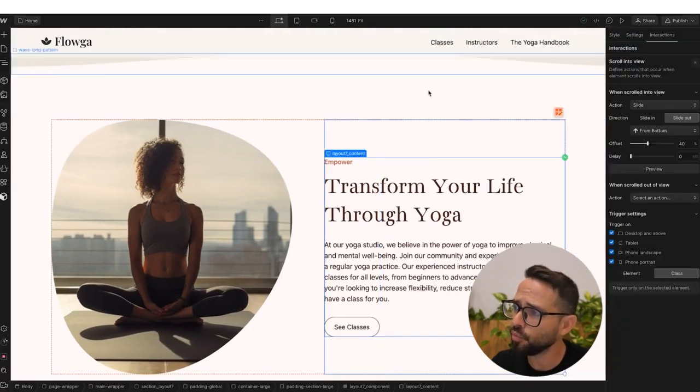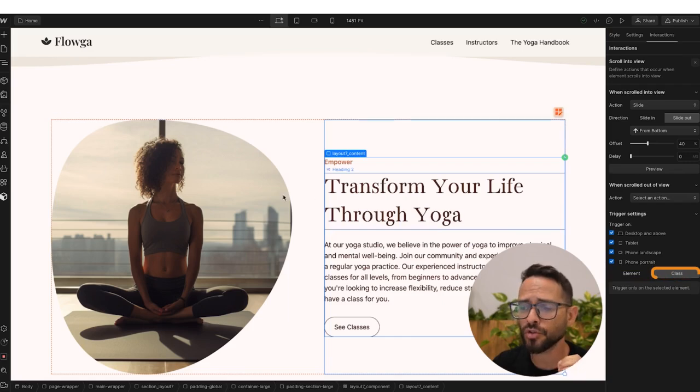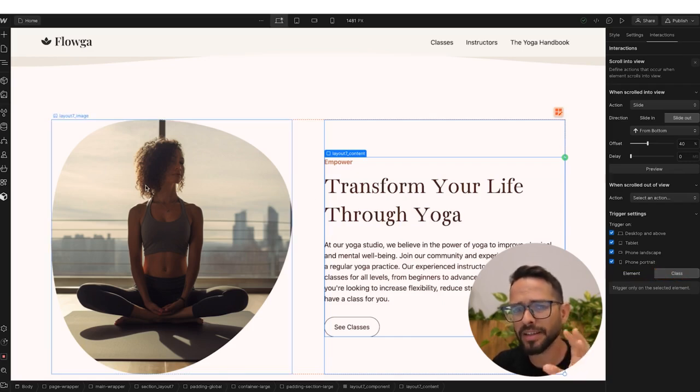And one thing that I do want you to know is that, of course, we didn't talk about this, but we can choose whether these interactions, all of them, are happening on all breakpoints. And for now, we've set them all to happen. And we can also set whether they're happening on an element or on a class. So far, we've been selecting single elements and choosing to animate them. However, for things like sliding, that perhaps you want to apply to all of the sections on your website,